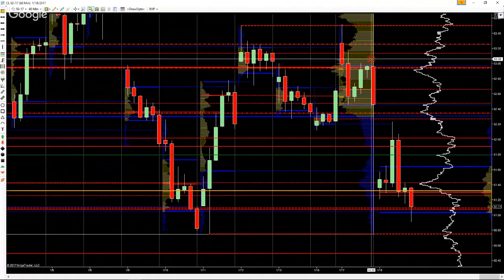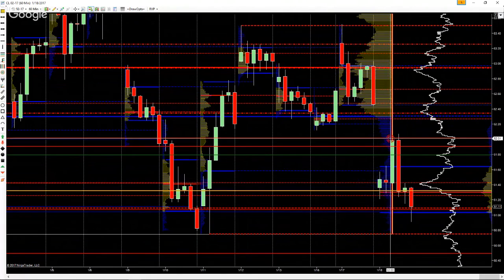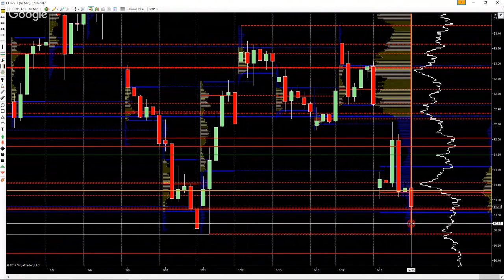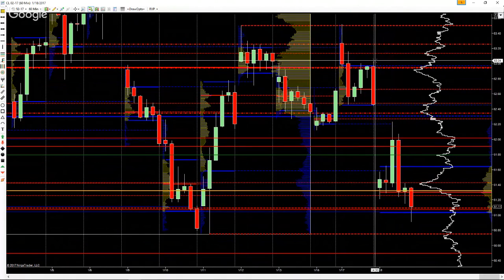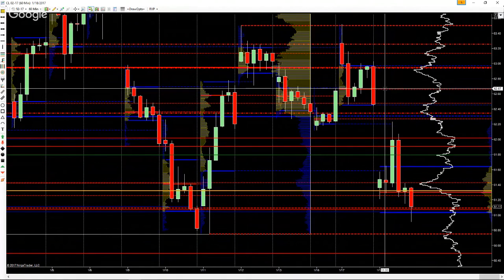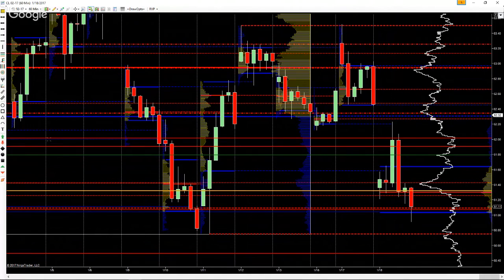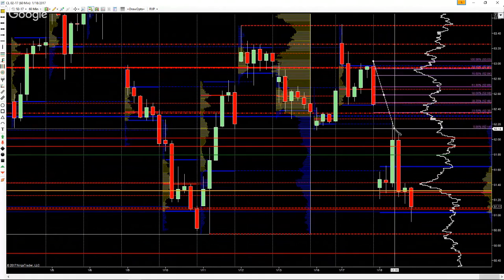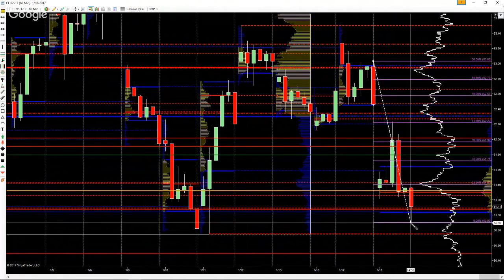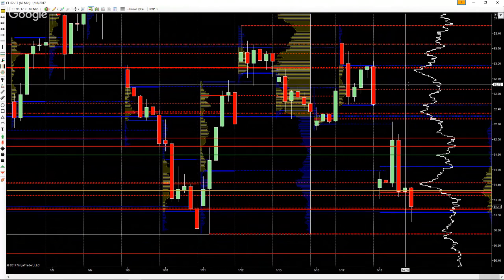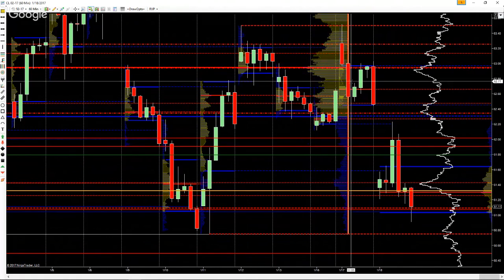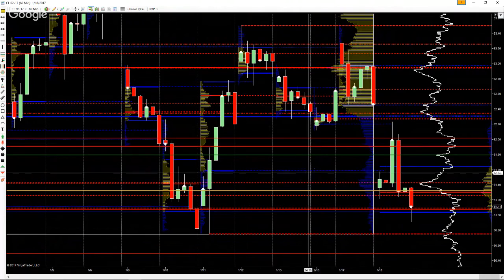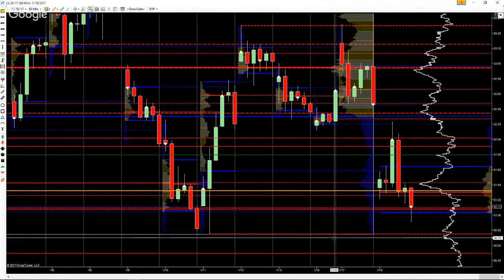I want to start from this most recent swing, so I'm going to put mine on from here to here, because I want to start from the last swing high. And there is no right or wrong with Fibonaccis when it comes to that. That is part of the randomness to